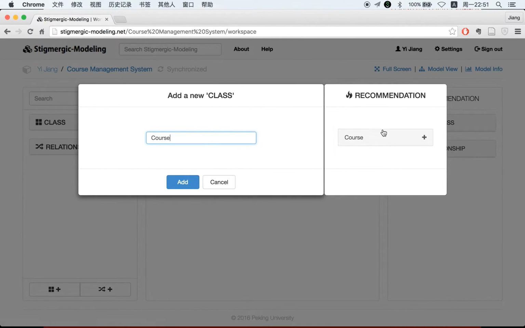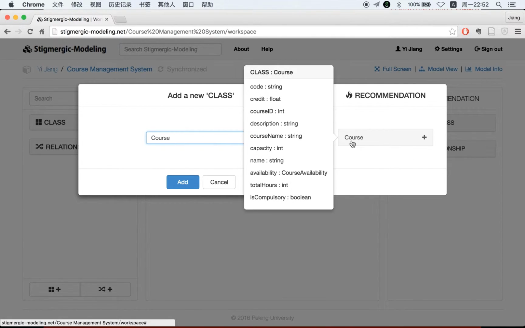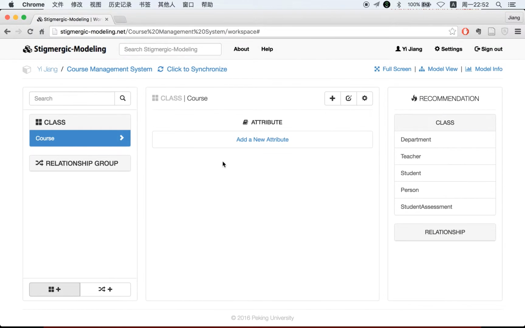In the right part, this is called the recommendation column. You can find more detailed information of this cost. These are all the attributes that may have been built by previous modelers, and you can just choose. If you think this is the right one, you can just choose this one and choose add here. So we create the cost here, and we may add some more detailed information and add some attributes of this